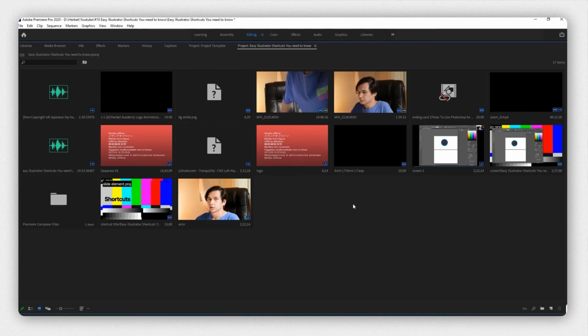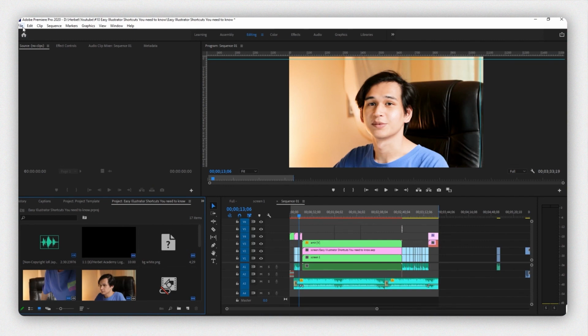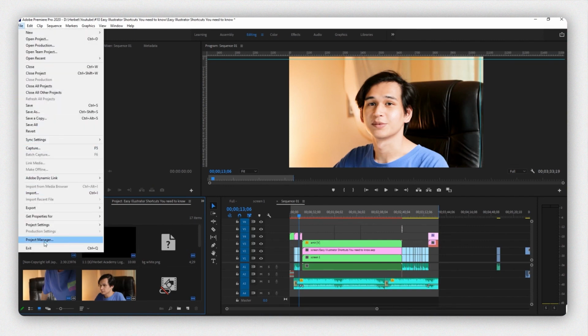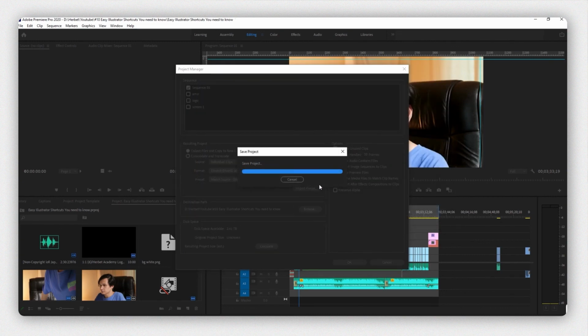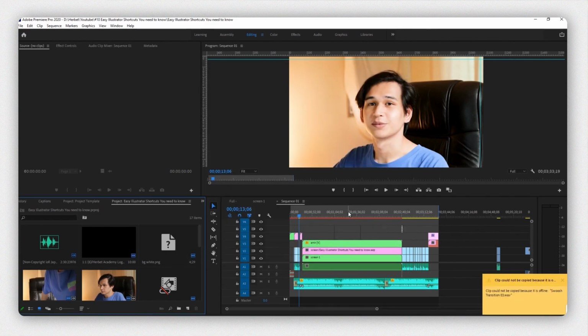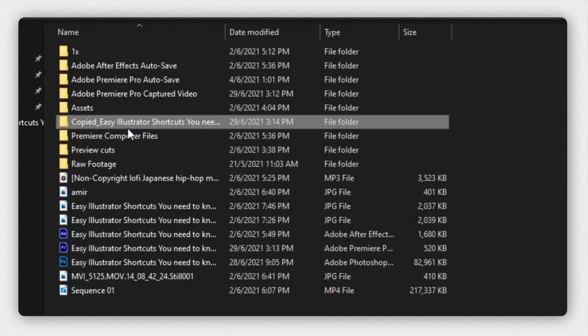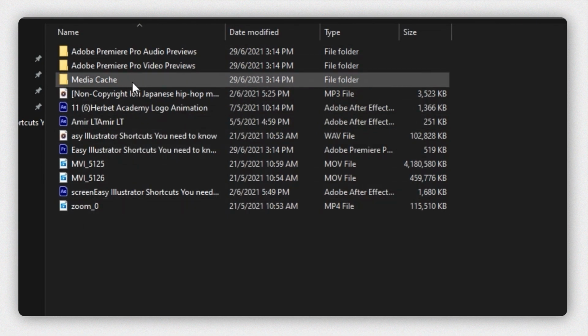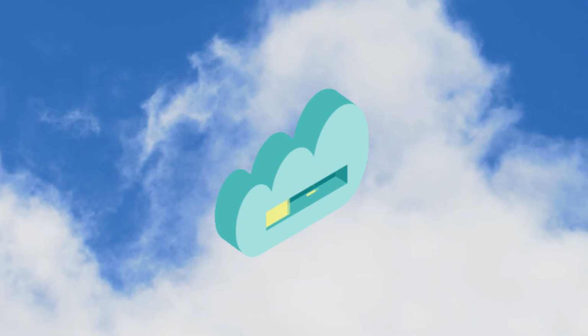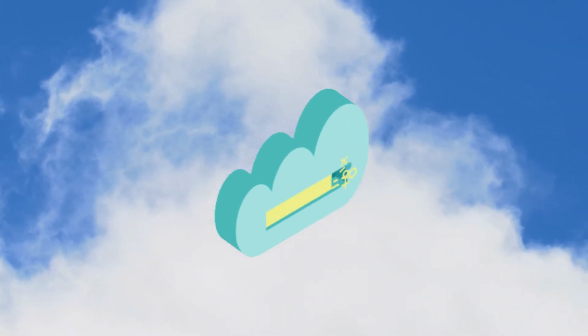What you can do to collect all the files that are all over the place, you could go to the File panel on top here and go to Project Manager and click on it. Click on the sequence that you want to export and click on Browse to select a location, click on OK. What that does is Premiere Pro will collect all the files that you have and place them all in one location. And once it's done, you could check it in your folder and maybe test it out and see if all your files are there in the copied project file. And if it's all okay, that's done and you can send it to whoever needs it.